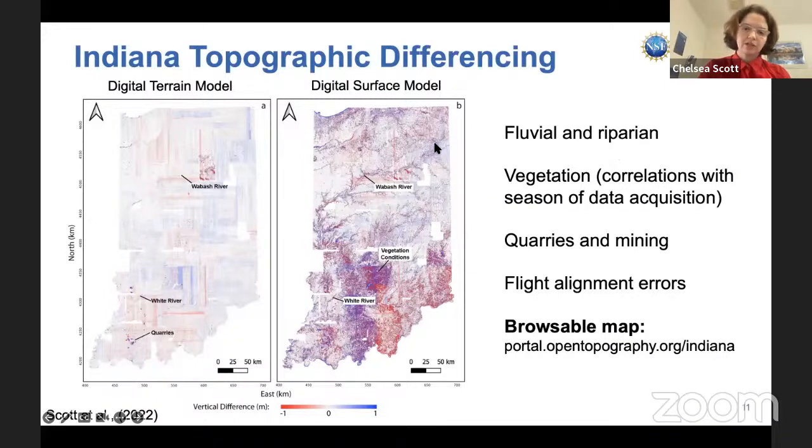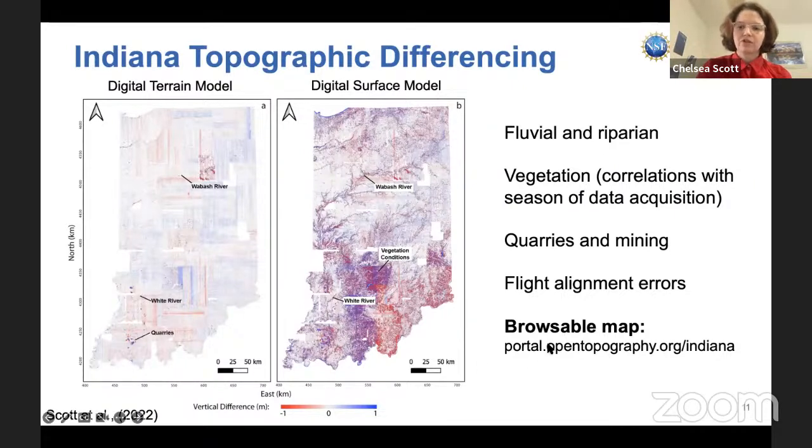For example, you can see here the Wabash River goes through Indiana, as well as the White River. There's also quite prominent signals from vegetation. For example, you can see this boundary here from purple to red, and these boundaries represent different seasons of data set acquisition.